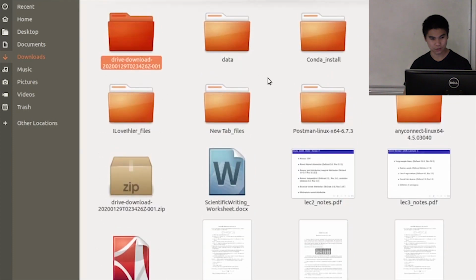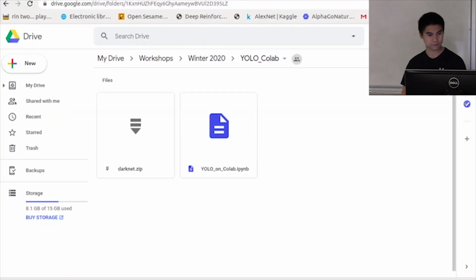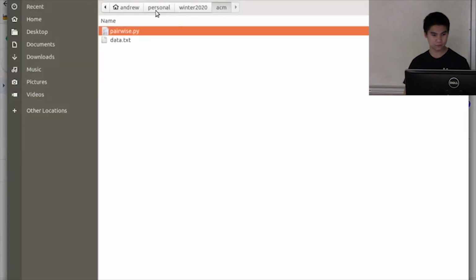Was that the right one? Yes, okay. And once you've extracted the files, you can go ahead and upload them to your Google Drive. So Google Drive, sign in, go to new, file upload, and then